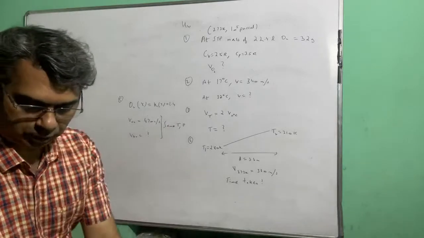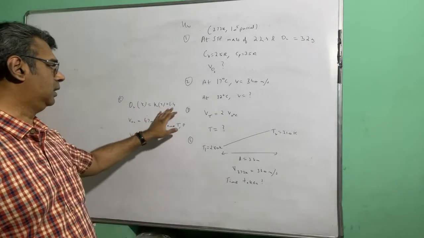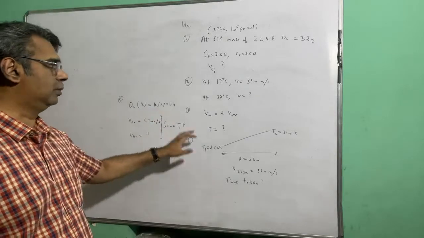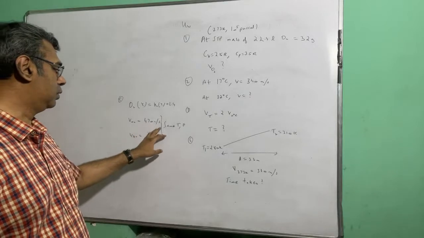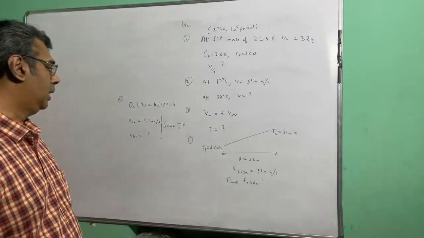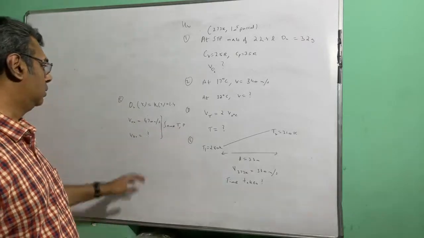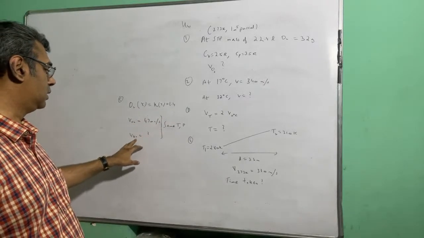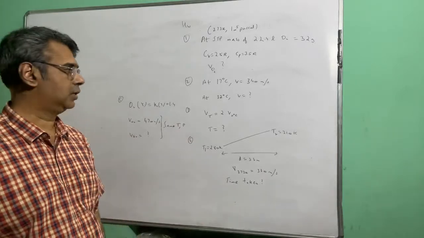Okay, and the last homework question, question number 5. The gamma value for oxygen and hydrogen both are 1.4. And the speed of sound in oxygen is 470 meter per second. The question is, what is the speed of sound in hydrogen? It is given that oxygen and hydrogen are at the same temperature and pressure.